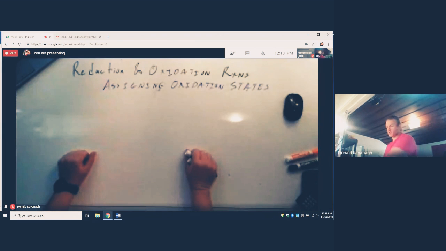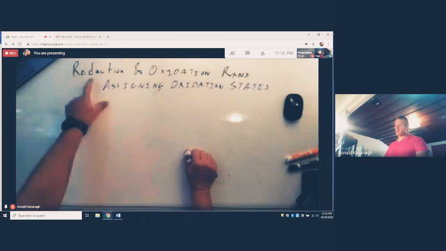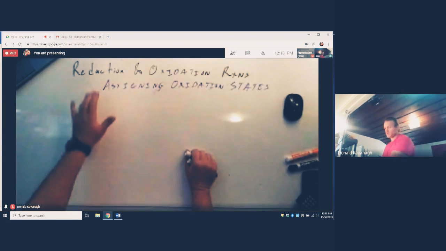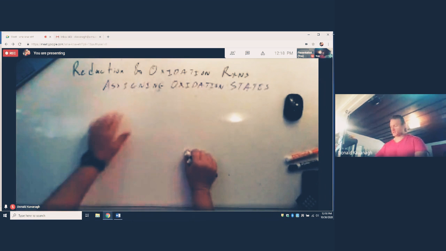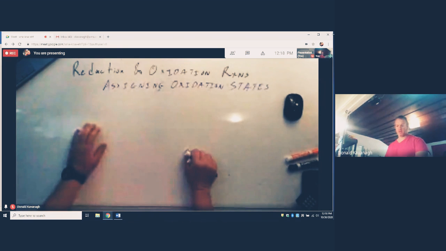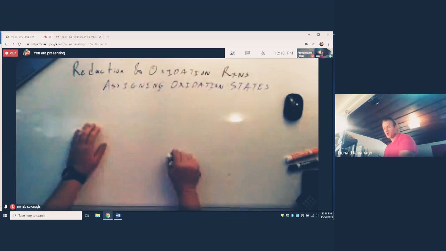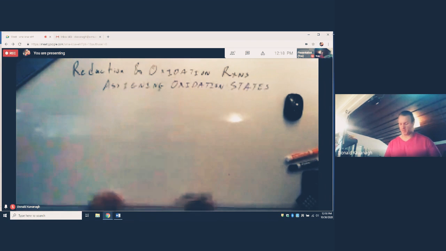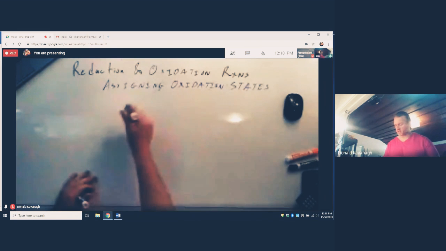For reduction and oxidation reactions, to determine whether an element has been reduced or oxidized, you need to assign or identify oxidation states of elements to see if it has been reduced or oxidized. Just a little simple example here. So for example,